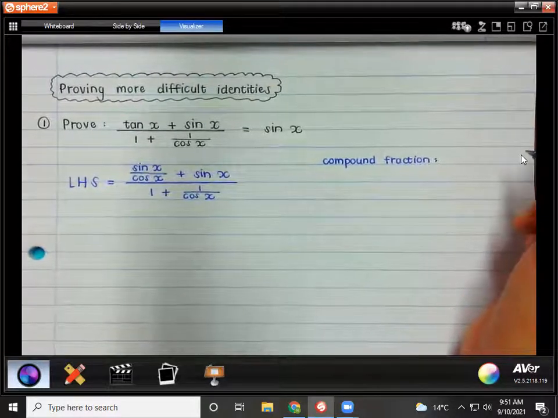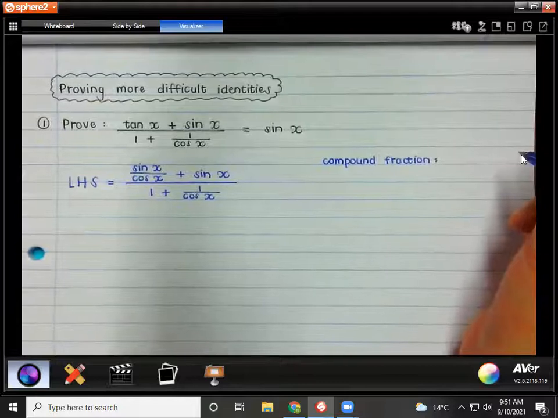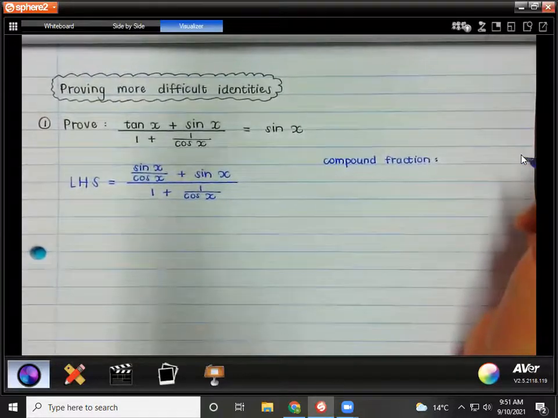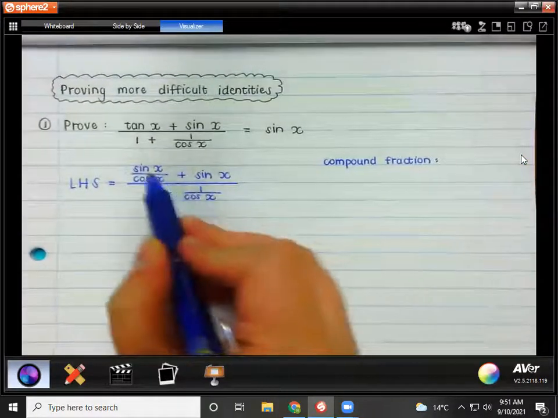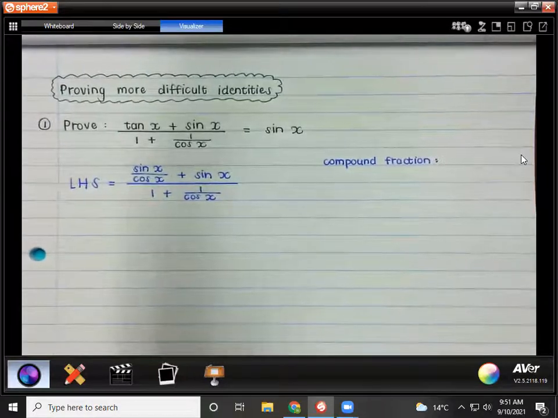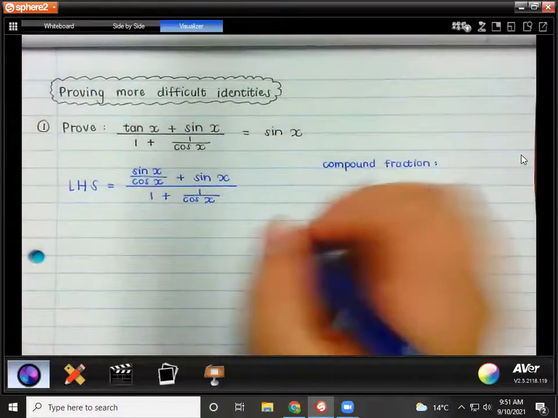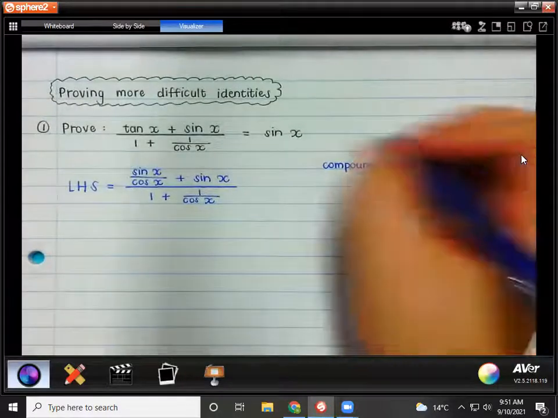Now guys, this is a compound fraction because we have fractions within a fraction, if that makes sense, right? We have a fraction in our numerator, we have a fraction in our denominator. So I'm just going to say here, compound fraction